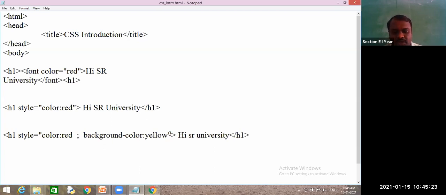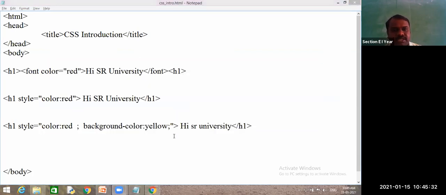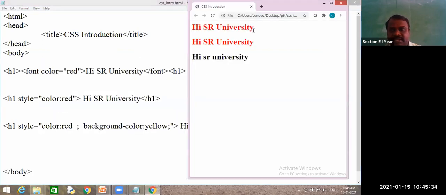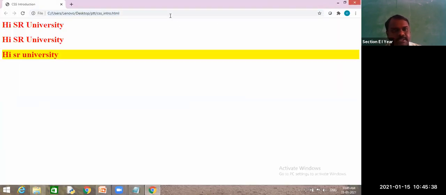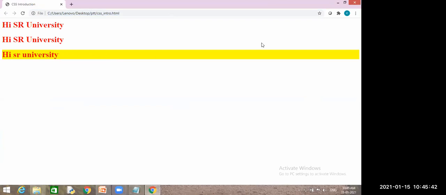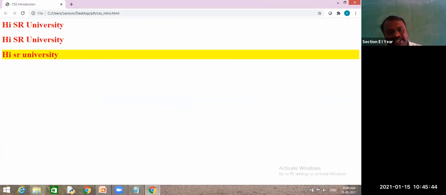And at the end, if you want to write one, you can write. I least bother about that, but as a good programmer, you need to write this one. Okay. So I have used this one, and we'll see the response in our HTML browser. Yes, is it applied or not? Yes, sir. Yes, it has applied to this entire line. So I will tell you how to change this to only this SR University later.